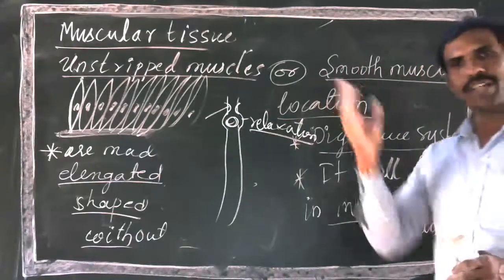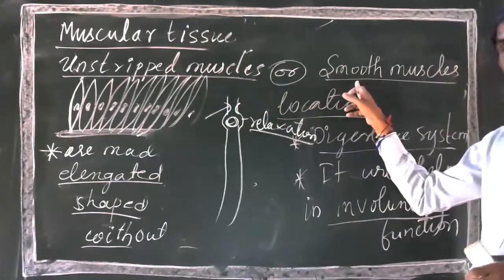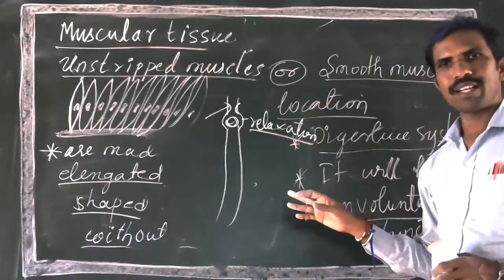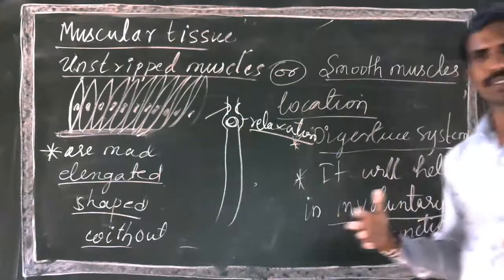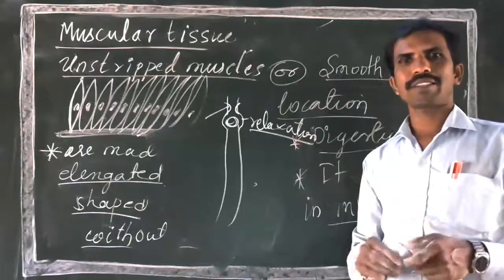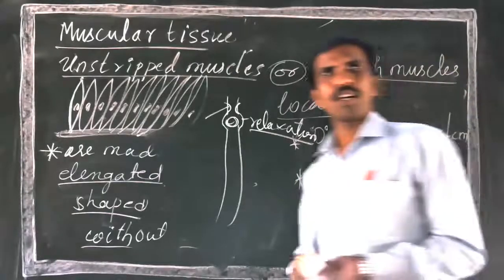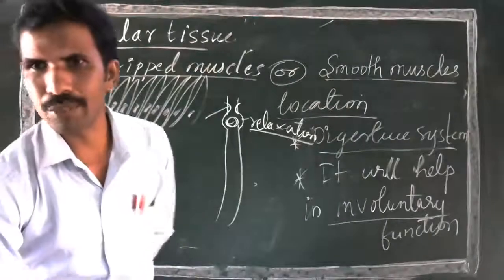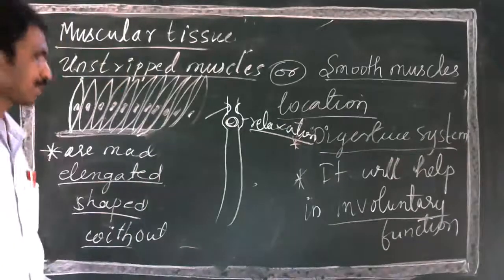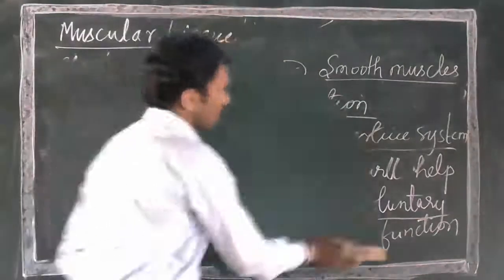That is controlled directly by the brain with the help of muscular tissue called unstriped muscle, or we call it smooth muscle, which carries out the involuntary activity. Vomiting cannot happen when we wish to have vomiting. Sometimes it is uncontrollable. If you have any doubt, read the content of the textbook, and you can ask. So this is about the smooth muscle.